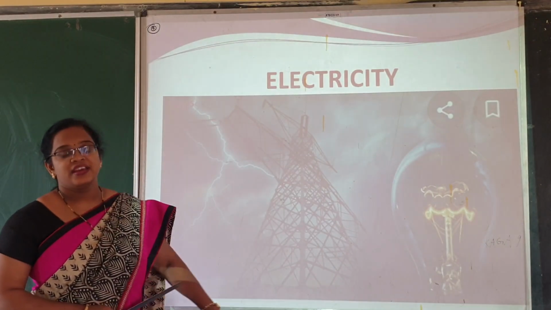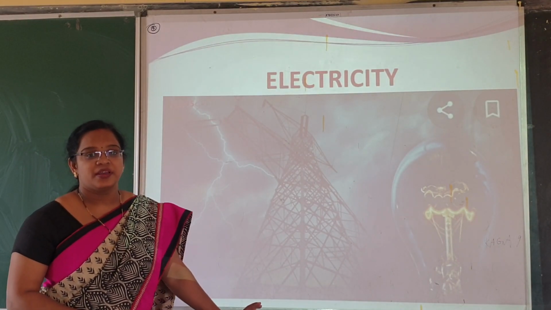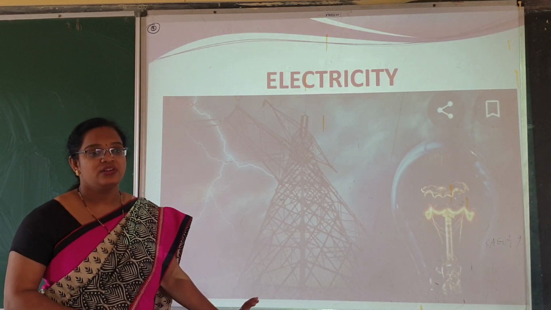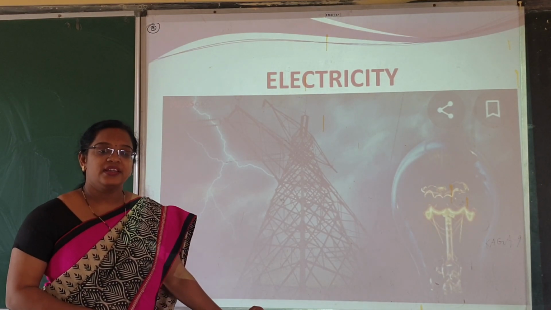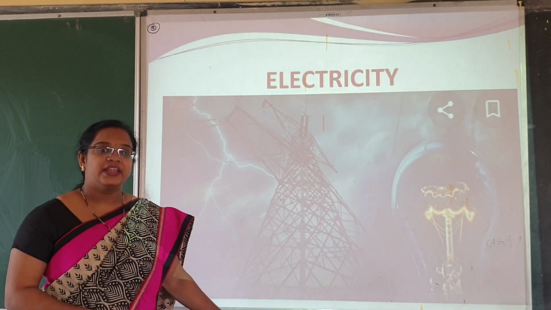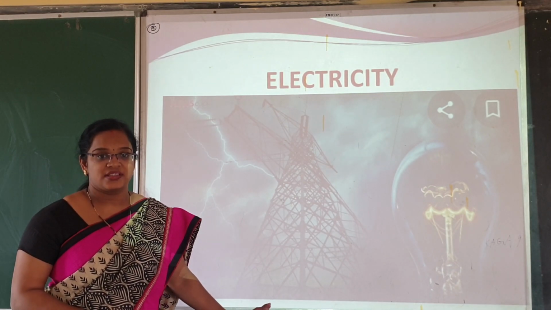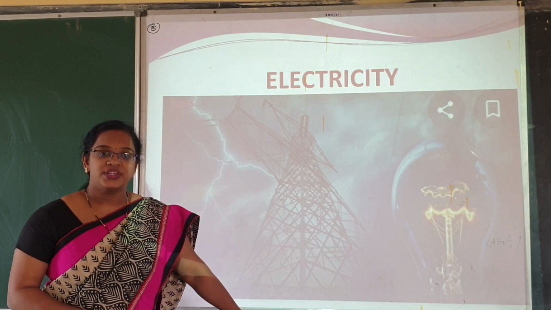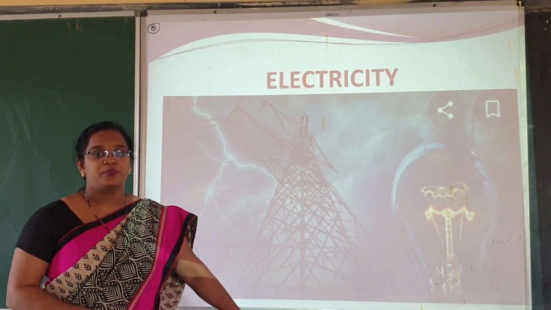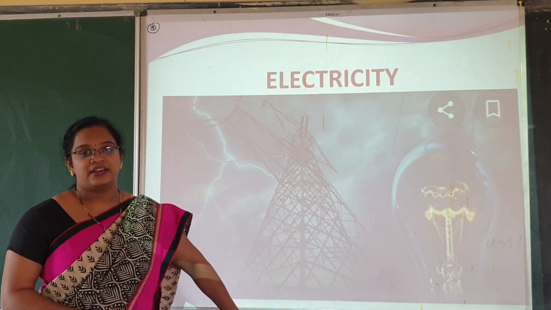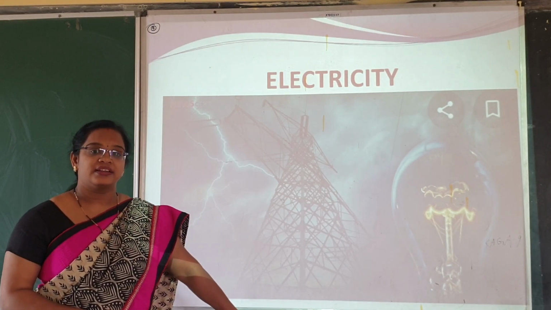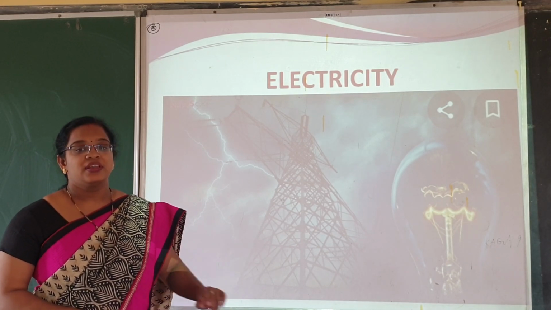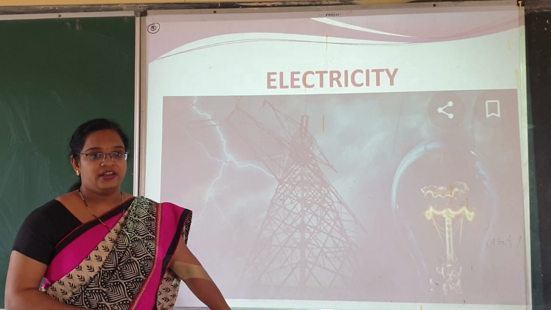Dear students, in the last video we discussed electricity, how electric current is constituted. Electric current is nothing but the rate of flow of charges. The rate of flow of electric charges, that is negative charges, electrons, will move from one place to another in a conductor and constitute an electric current. And what makes the electrons flow? That is nothing but potential difference.